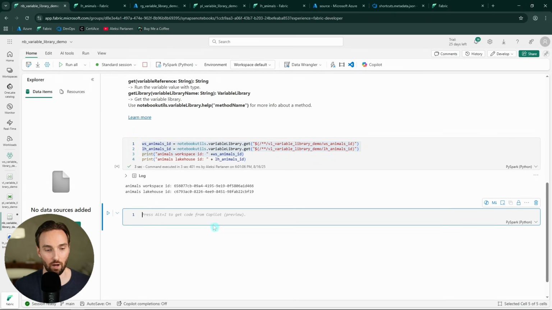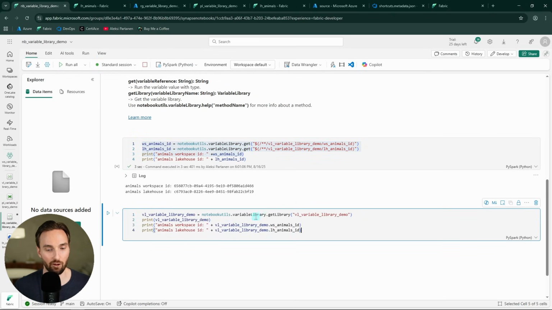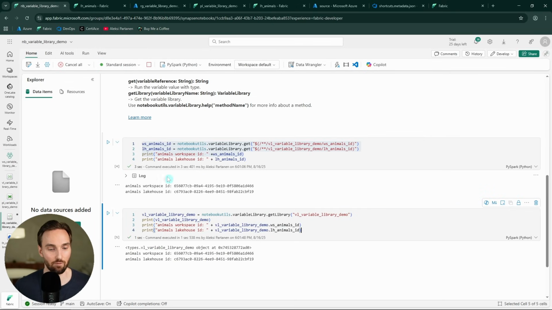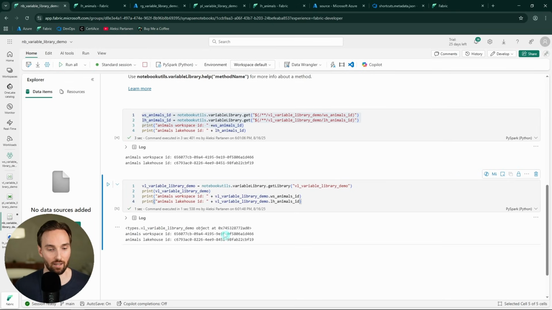So this method works fine. Then we have that other way where we would get that entire variable library as an object to this notebook. There we would say notebookutils.variableLibrary.getLibrary, and then we specify the variable library name. And then I would be able to fetch variables from that library by using this object notation, by saying variable library dot the variable that I want to fetch. So let's run this and we should have the same variables that we had there. There we can see those variables, and I also printed the variable library so that we can see that